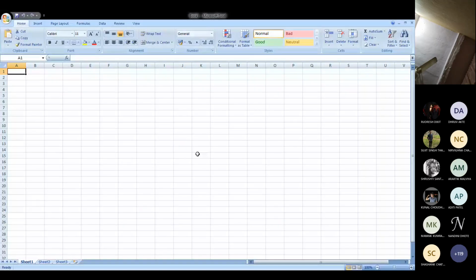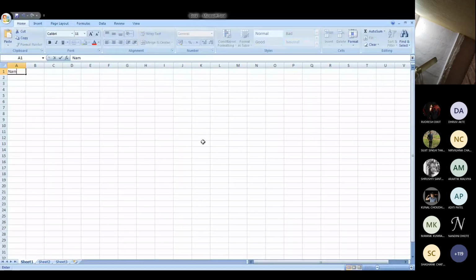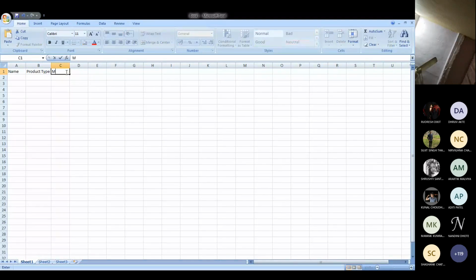So I hope the students can see. I will enter certain data like name, and then product type, and then month, and then price.